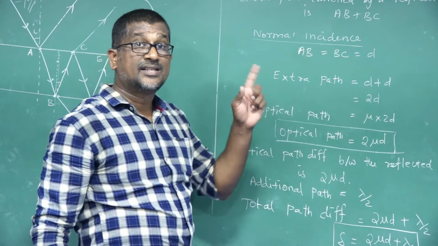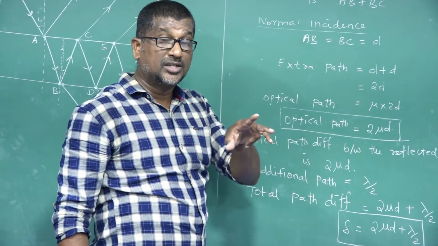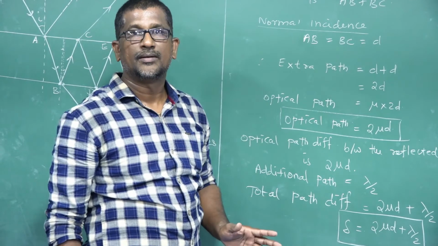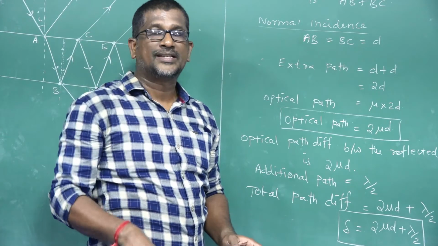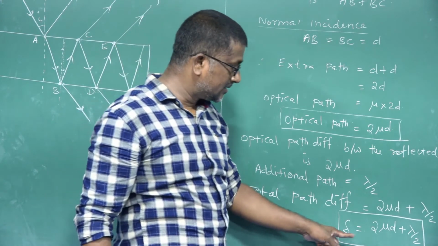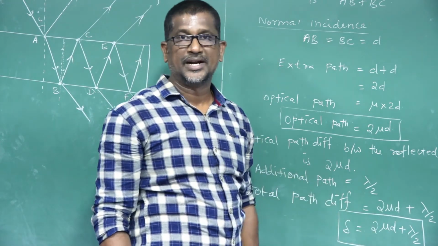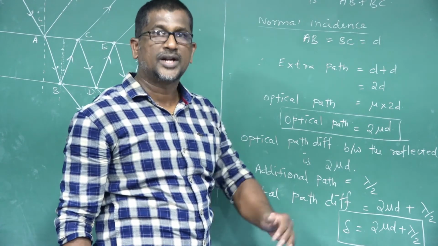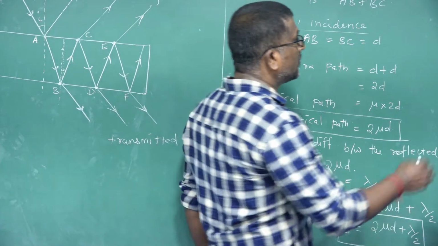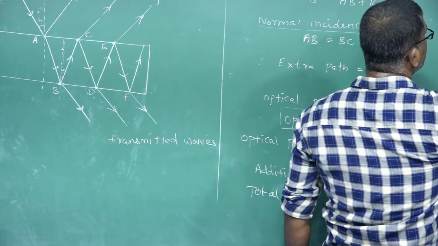In the case of a transmitted wave, the path difference between the transmitted waves is just del equal to 2 mu d. For reflected waves, the path difference between the two reflected waves is del is equal to 2 mu d plus lambda by 2. Now we go for the constructive interference and destructive interference conditions. For constructive interference,